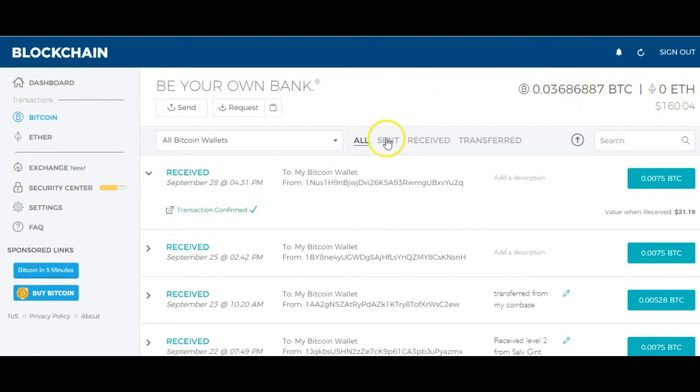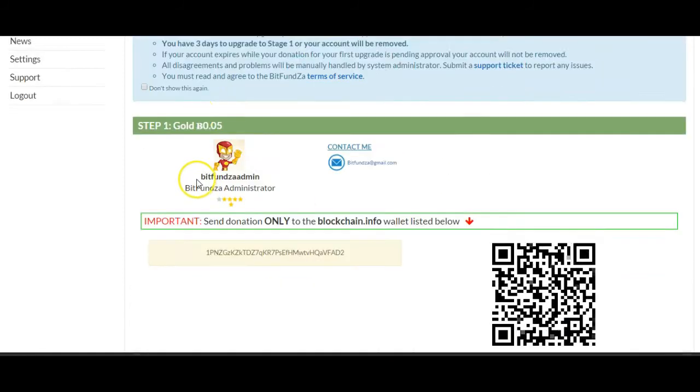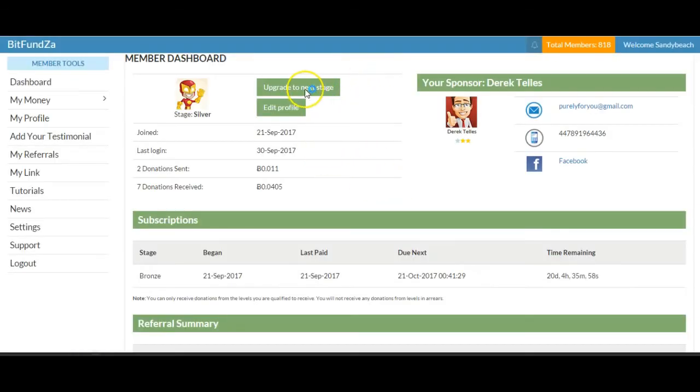Now you're going to send 0.0035 to Bitfundza. So you click this and have it ready. And you go back to Bitfundza, and I'll go back here just to show you. Let's go to dashboard. You upgrade to the next stage. If you're just signing up, you're going to be going to level 1. So you click that,